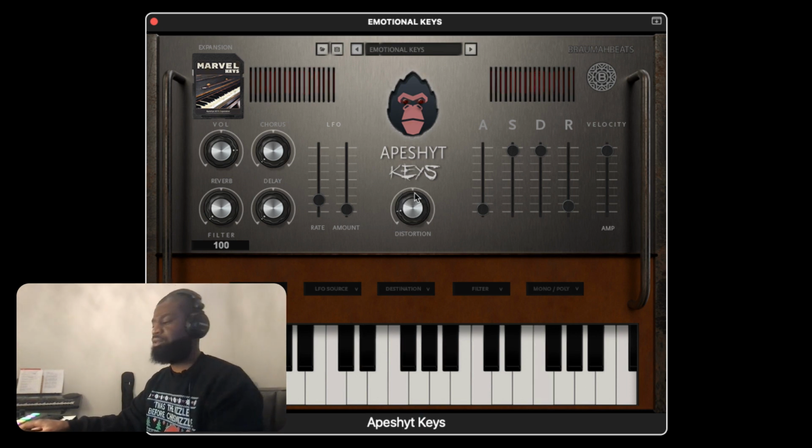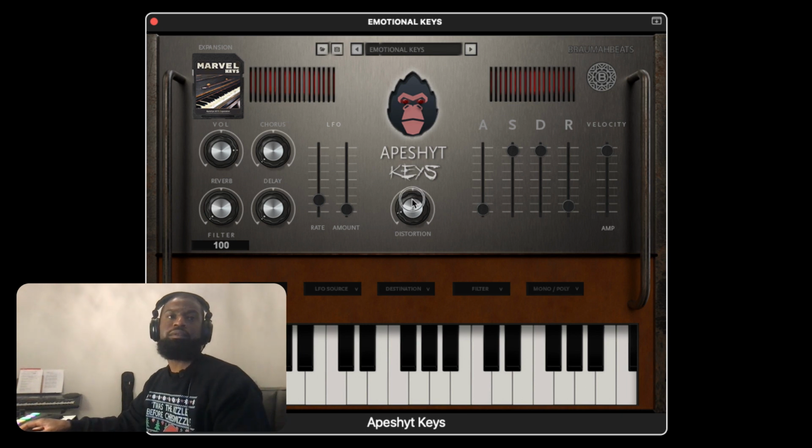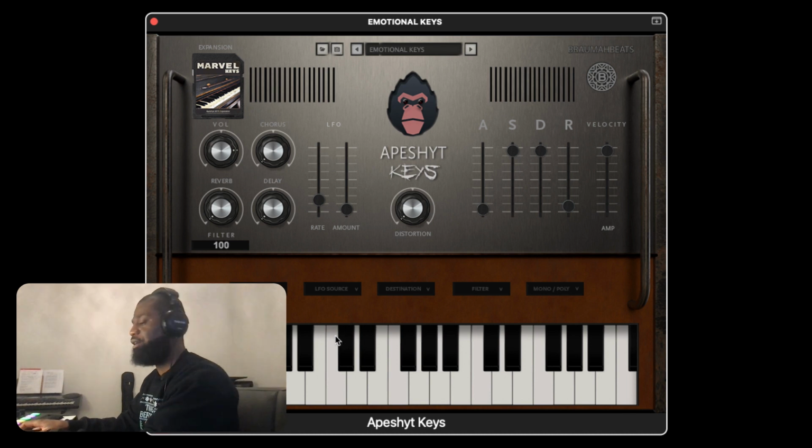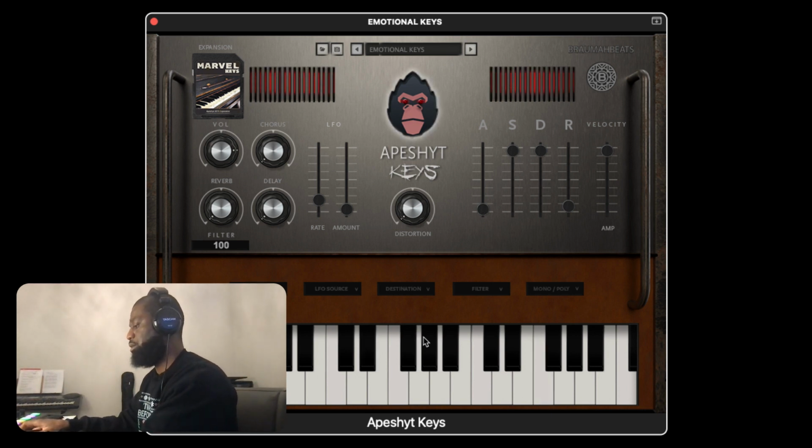Let's add a little distortion. Okay, let's play with the LFOs on this. So you could even do velocity based on how hard you hit it. And we're gonna do pan again. So if I hit it regular, it's regular. If I hit it hard,